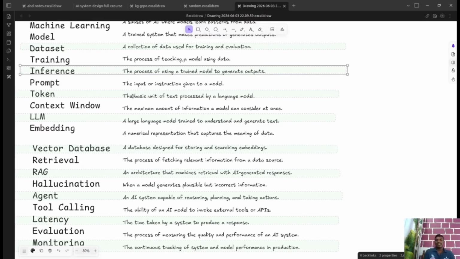Token is quite tricky. It's not exactly one word, which most of us might think, or exactly a letter either, but it's a basic unit of text processed by a language model. There are multiple ways to get into tokens; it strips off all the suffixes and prefixes. Let's say for calculating amounts, we say 100 tokens.